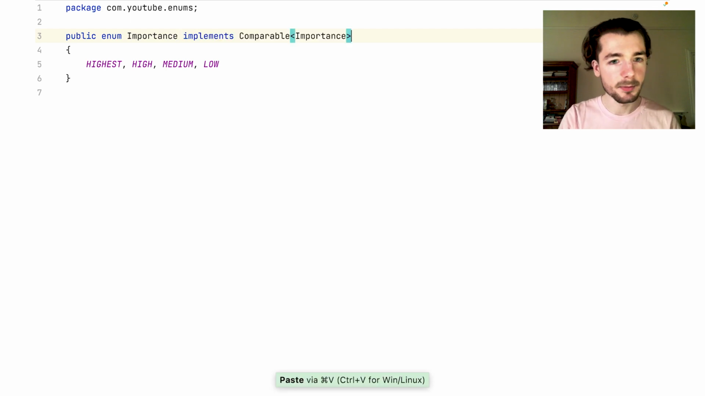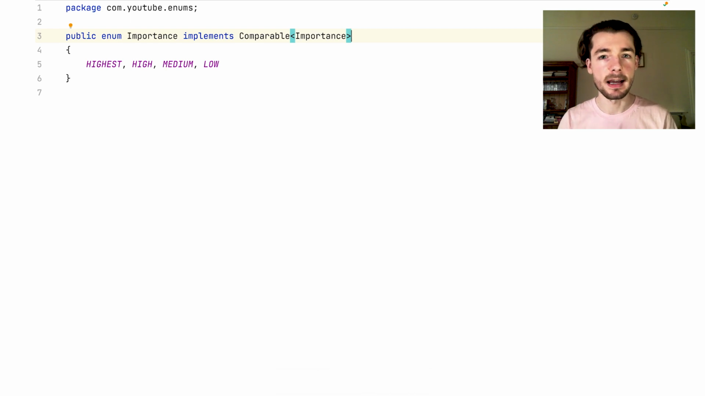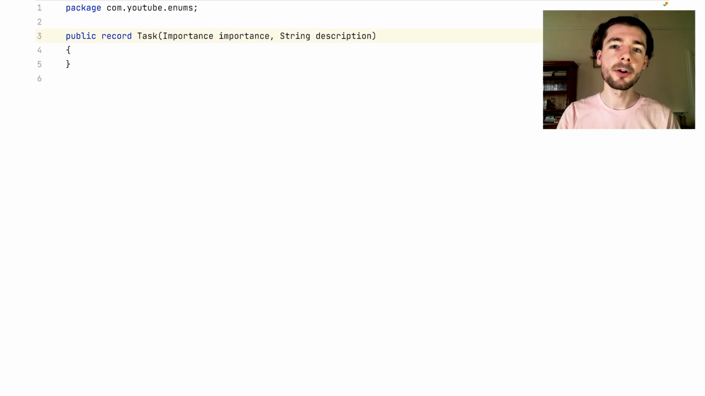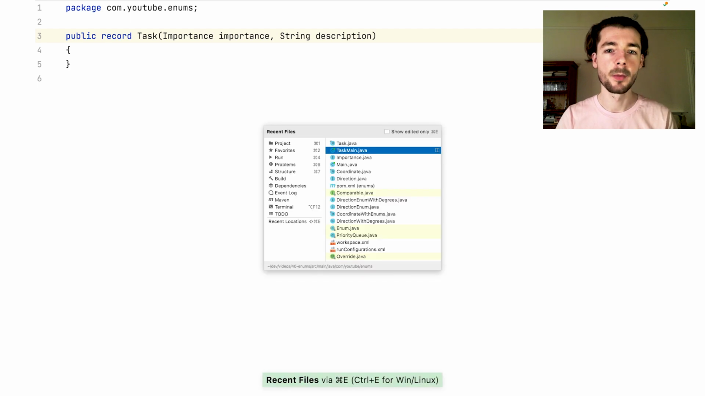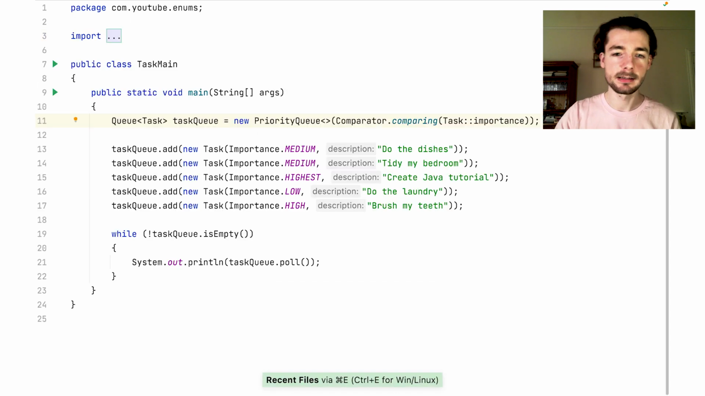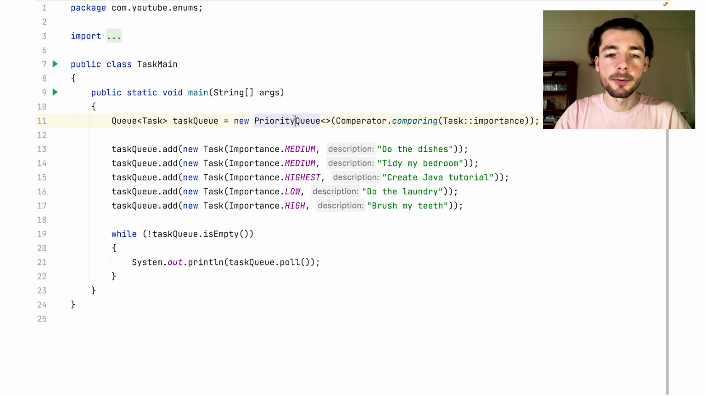We could add implements Comparable to the enum statement if we wanted to make future maintainers understand that we're depending on this property, but in practice people rarely do this. I've created a simple record here, Task, that has an importance and a description. We can create a priority queue of tasks by telling the priority queue that we want to order the tasks